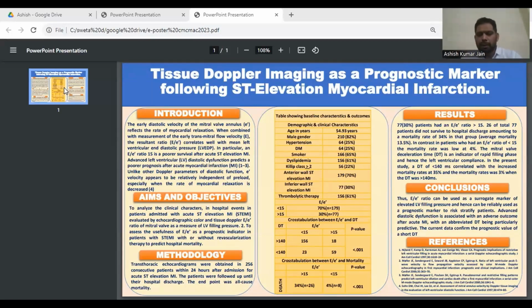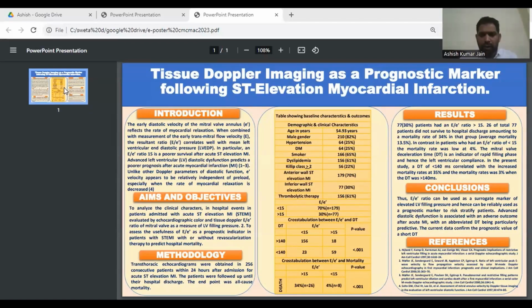If we cross-tabulate between the E/E' and the deceleration time, the deceleration time correlates well with the E/E' ratio. When deceleration time was more than 140 milliseconds, E/E' ratio was less than 15 in the majority of the patients, and when deceleration time was less than 140, E/E' ratio was more than 15 in the majority of the patients, and the p-value was highly significant. Similarly, if we correlate E/E' ratio with mortality, the association was highly significant, and when E/E' ratio was more than 15,